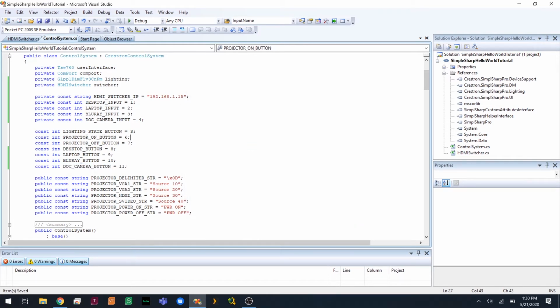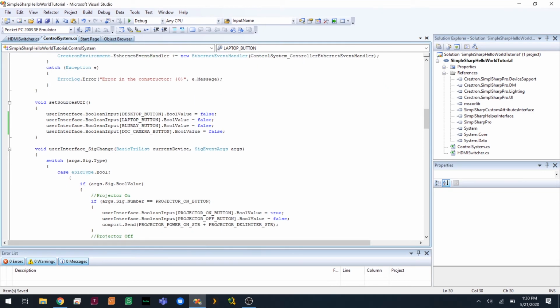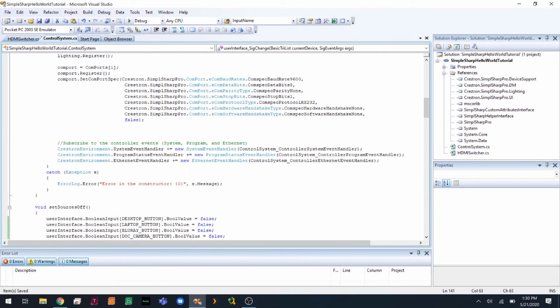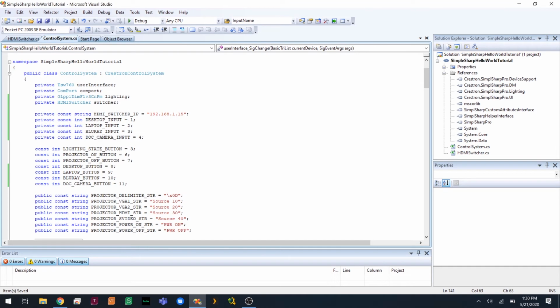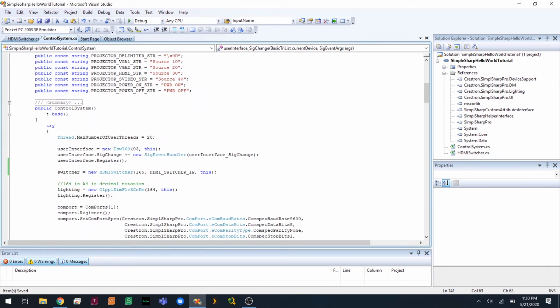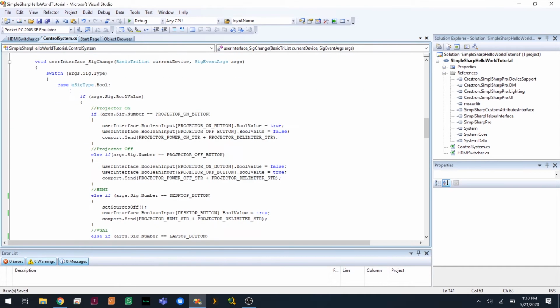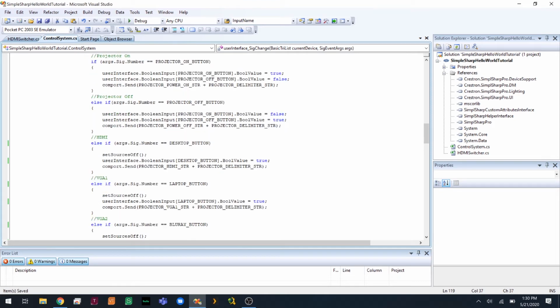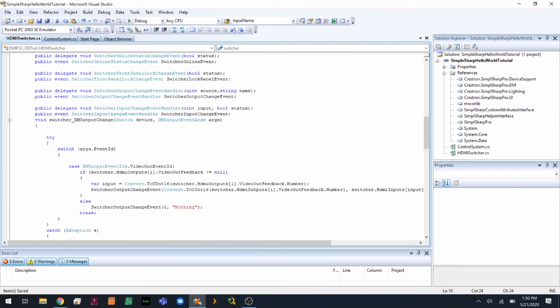Cool. So now that we refactored that, our set sources off method is also updated, which we will continue to use. And then it looks like all of these buttons are updated. Cool. So now that that's done, we can start coding our logic. So let's go down here. Projector on and off, we don't need to touch. We can leave those how they are. So the only thing we need to change is we're not sending via RS-232. We're going to be using a method declared in this class here. So if we go to the bottom,